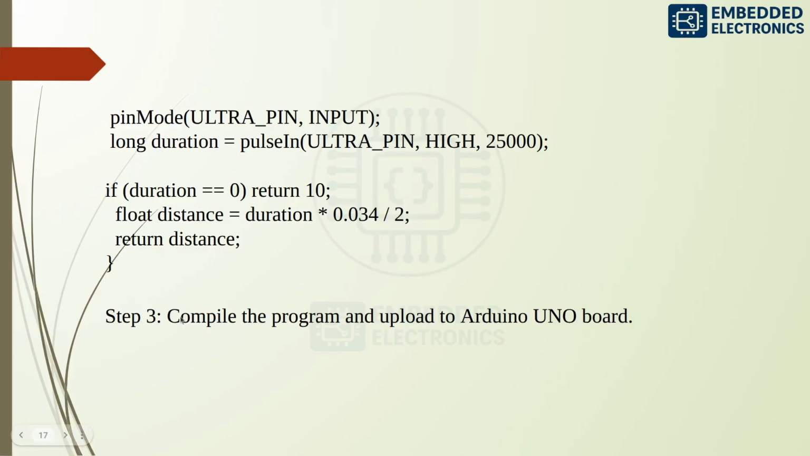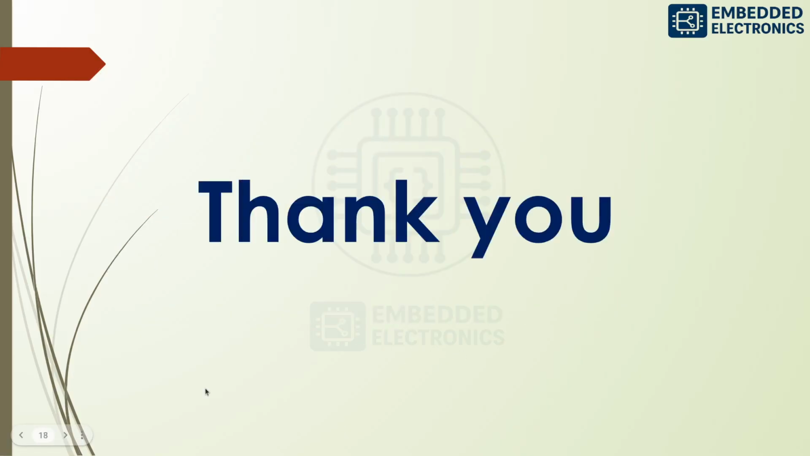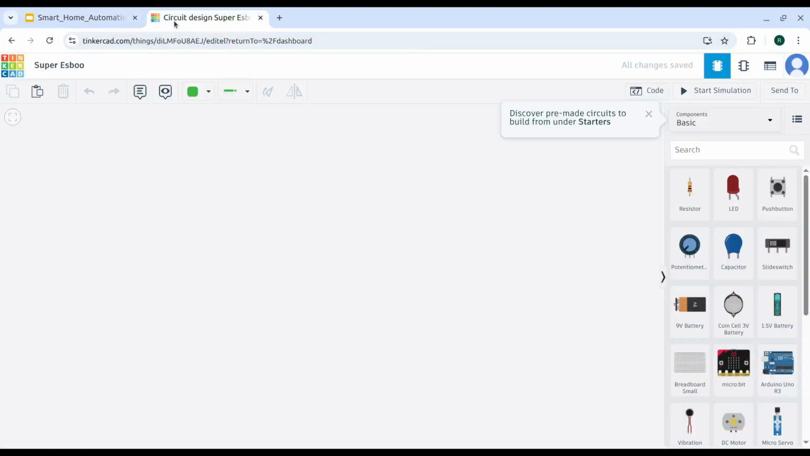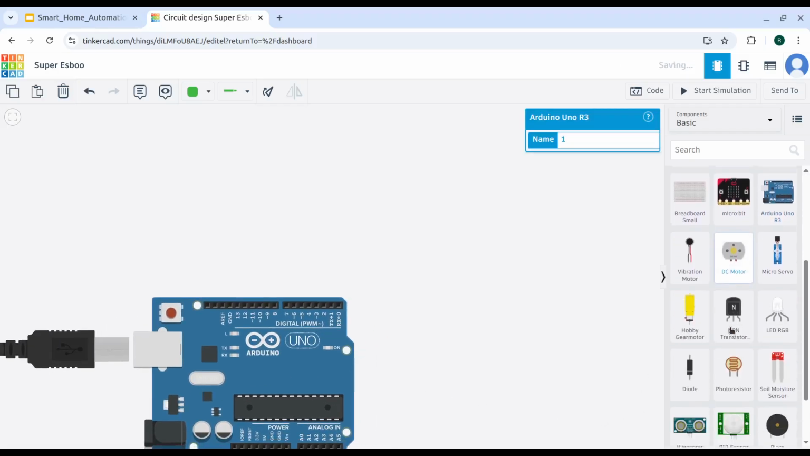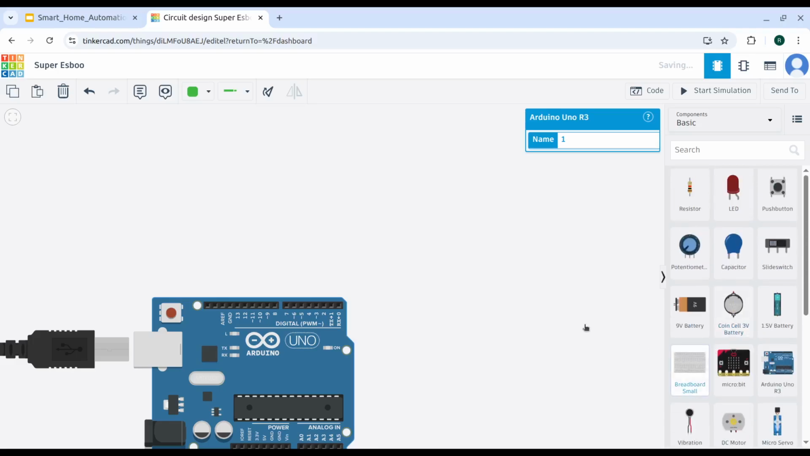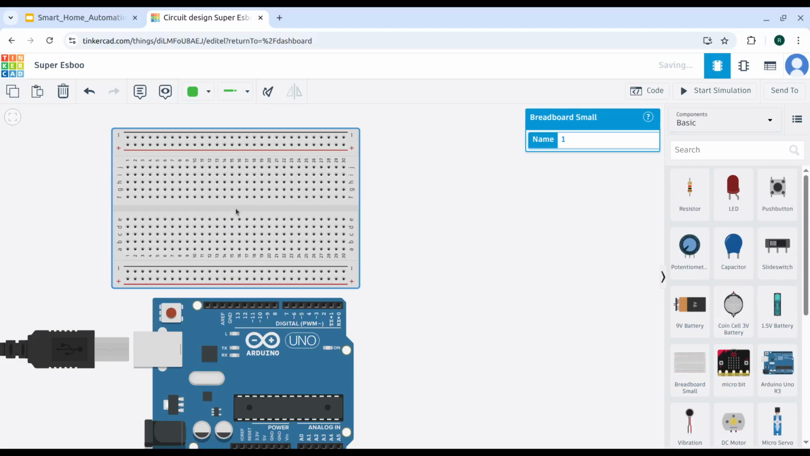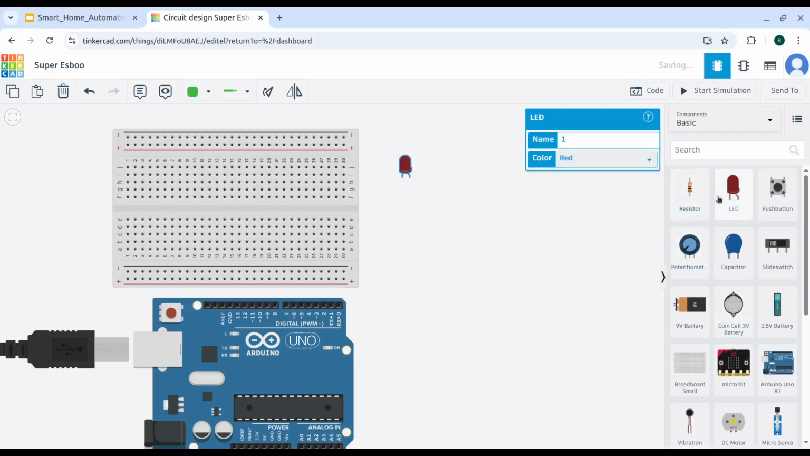And the next step is compile the program and upload to Arduino Uno board. So open Tinkercad, login, circuits, then place the components. So first we need to place the components. Arduino board, then breadboard, then LED,